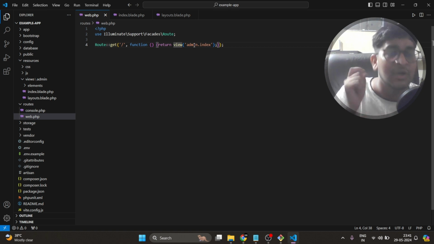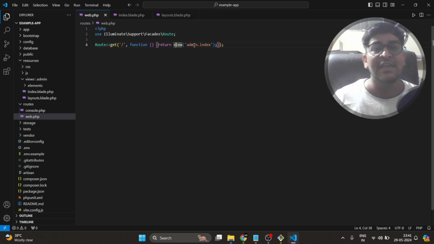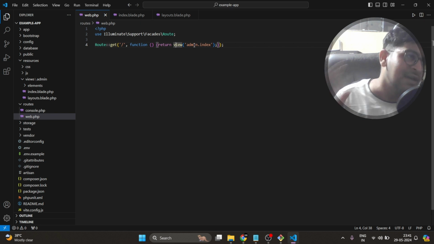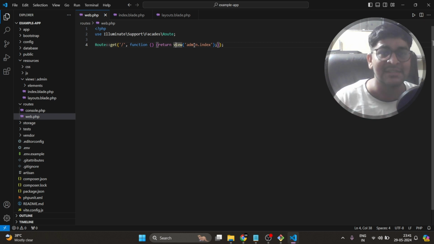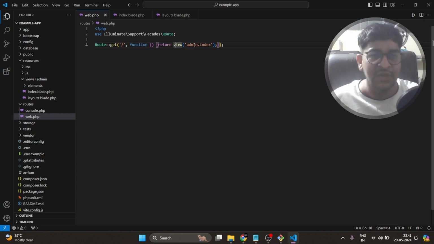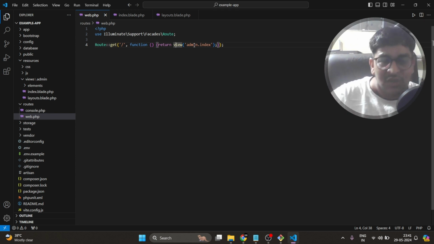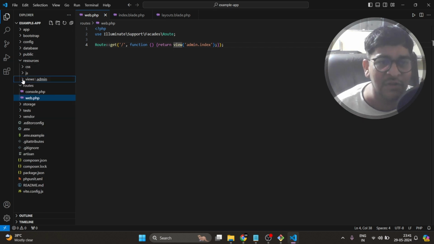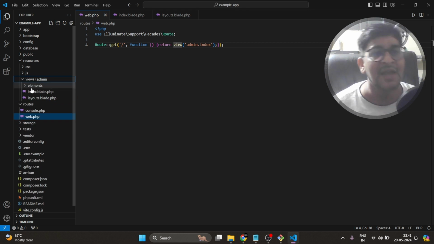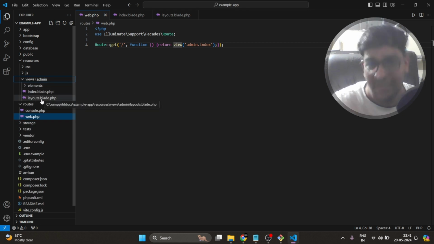That question may be asked in some interviews: if you are using layouts, what will be your root directory? You have to say, sir, if we are working with Laravel, then we are calling our view files with the view method, and the view function has its root directory as the view folder inside our resources. So if we are calling any layout function, we have to give the file name from the root folder name. If you can see, inside our view folder we have one folder named admin, and inside that admin we have layouts.blade.php.